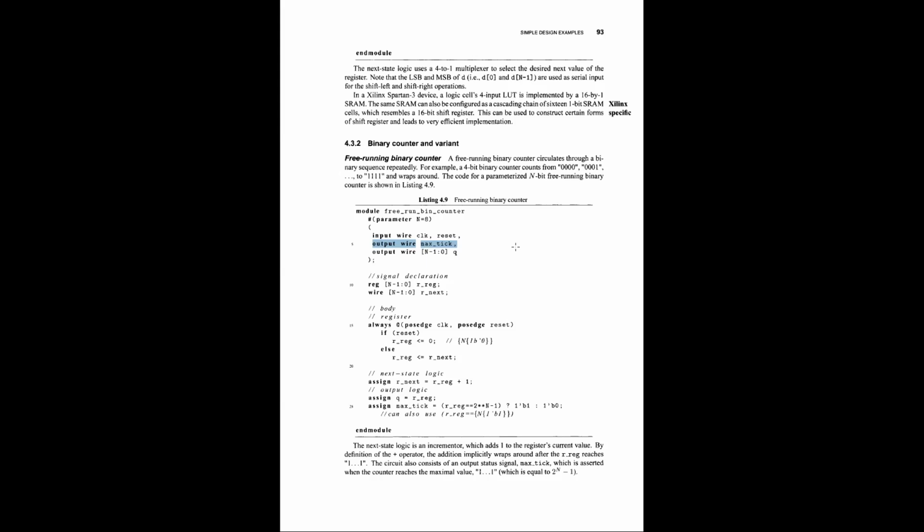So in this case, this max tick is a signal which will be activated when the counter reaches the highest value. So it says that the counter is ticking. When it ticks the maximum value, this max tick signal will be activated. This is not useful here, but it might be useful where this counter is being used in bigger projects. So this is basically called, you can say, an alarm.